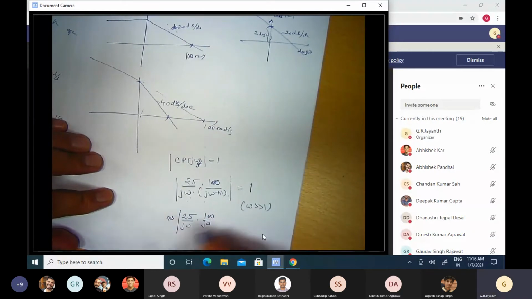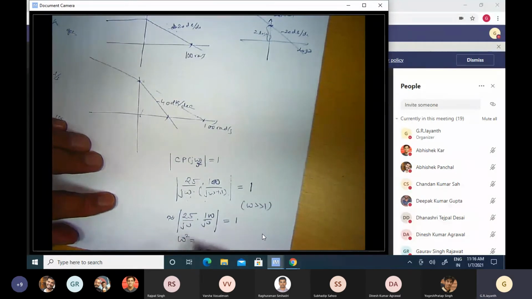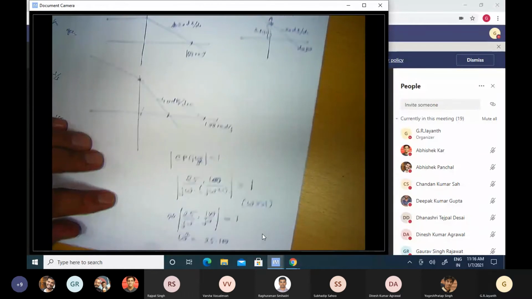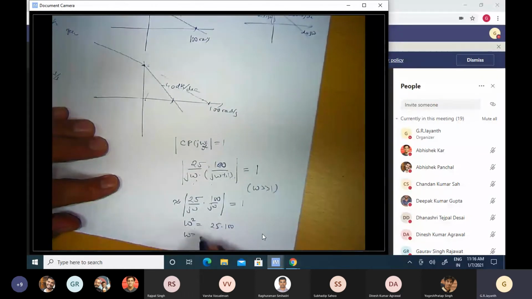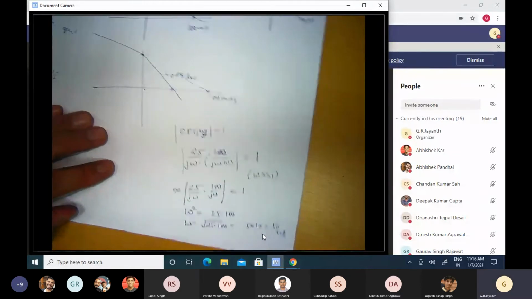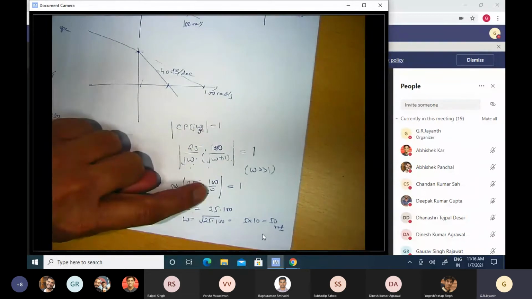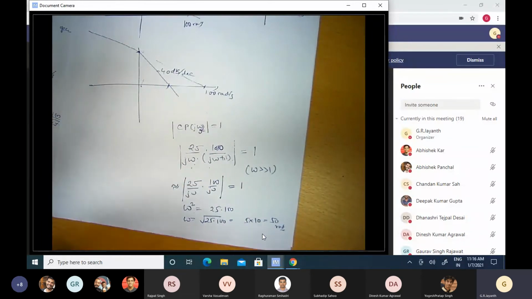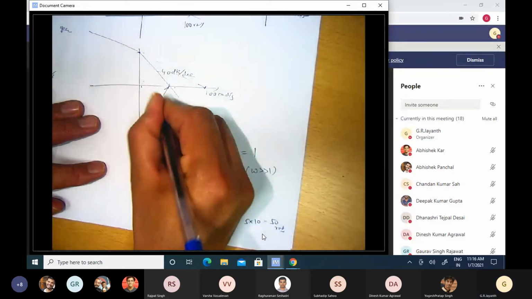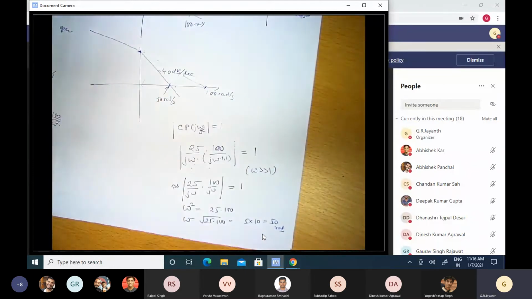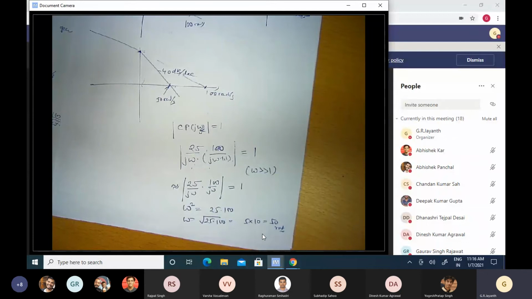So you need to find out when the magnitude of this is going to be equal to 1, or in other words, when omega square will be equal to 25 times 100. So omega has to be the square root of 25 times 100, which is 5 times 10, which is equal to 50 radians per second. Instead of solving a complicated algebraic equation to get omega, I made an approximation here and very quickly, in one step, obtained omega to be around 50 radians per second. So this is going to be the magnitude plot of the new open loop system. Any questions about this so far?